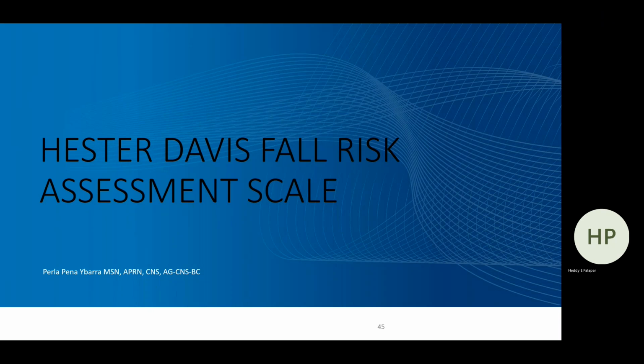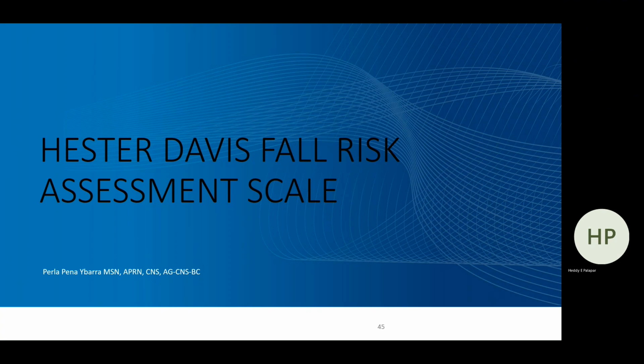Hester Davis Fall Risk Assessment Scale and identified areas for improvement. Falls remain one of the most common adverse events in healthcare. Falls are the second leading cause of unintentional injuries and deaths worldwide. According to the Agency for Healthcare Research and Quality, 29% of patients who fall in the hospital will fall at